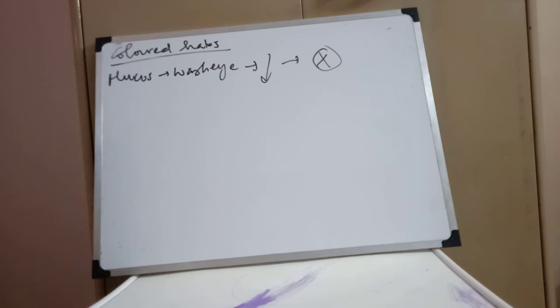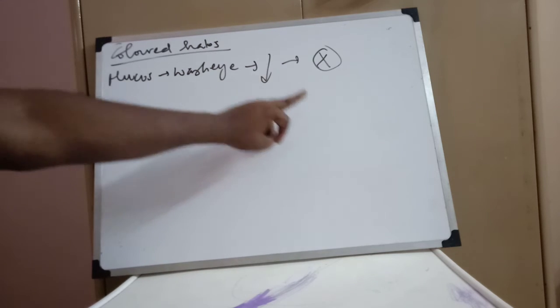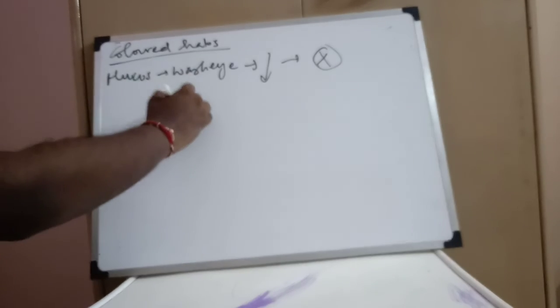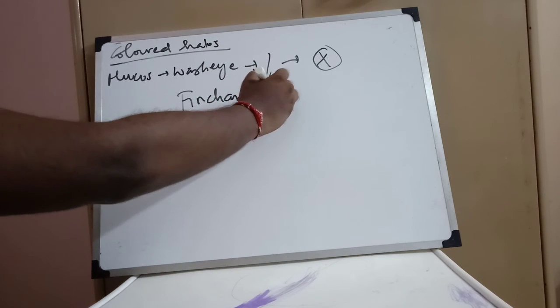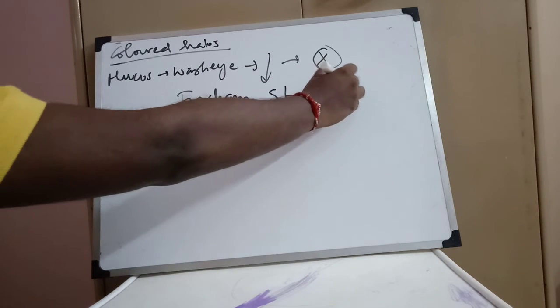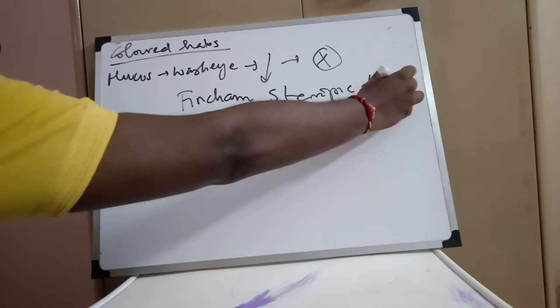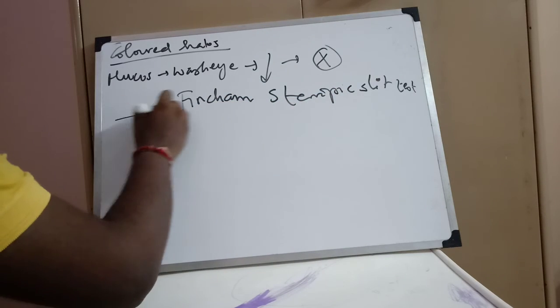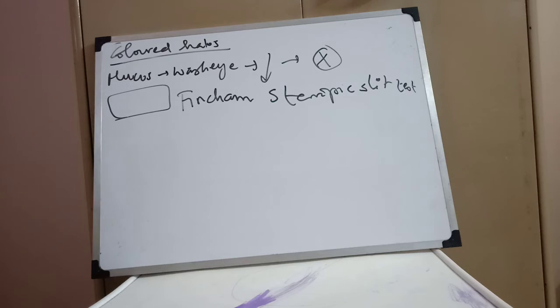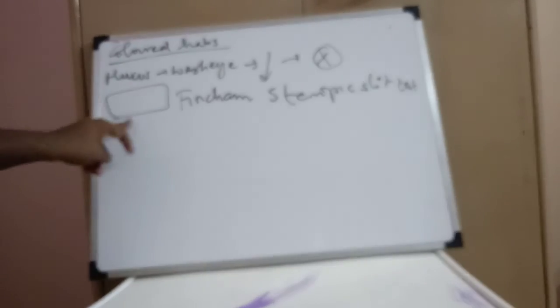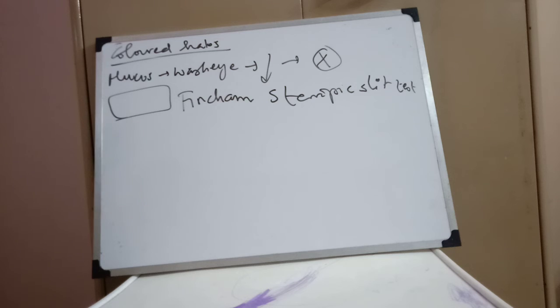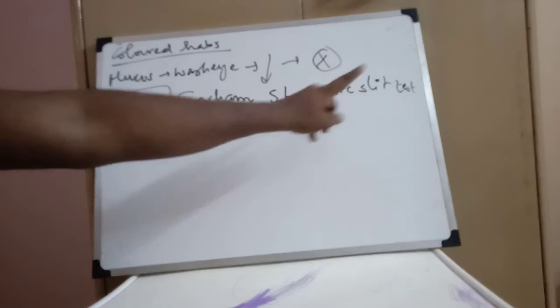The second one is going to be differentiation between corneal edema and immature cataract. For that, you have a test called Fincham's stenopic slit test. You have another name here. I want you guys to find out something Fincham stenopic slit test. Okay, you must find out who is the something, which person is that something.